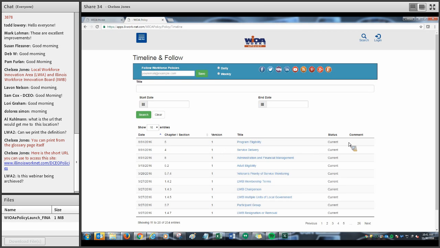So maybe we removed an attachment or we completely changed the policy content. We're going to have to type that in so you know exactly what changed between version 1 and version 2, so you don't have to try and compare each version side by side. So this is what Mark or Beverly would be adding into the system as a comment when they make a